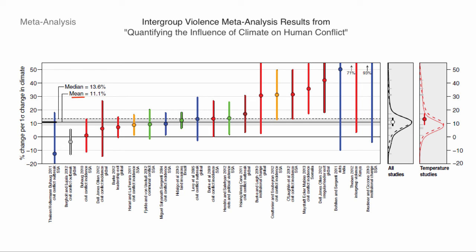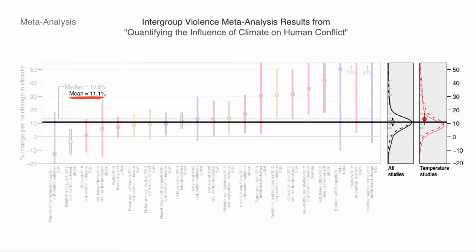We also have the mean estimate here. Now, the mean estimate comes from the inverse probability weighted meta-analysis, like the straight-up standard meta-analysis. And those results are presented over here in solid lines. So for the intergroup studies, we don't have that bimodality we had in the interpersonal violence. This white circle here is the average effect from the meta-analysis with the resulting 95% confidence interval.